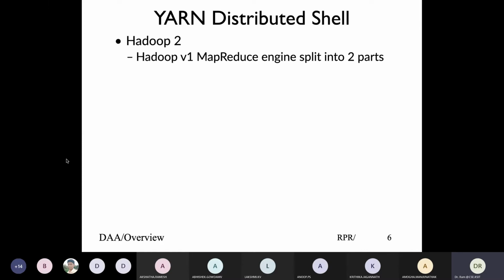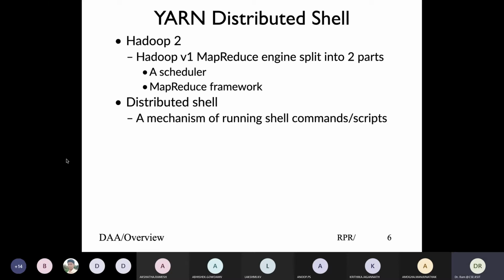As I said, from Hadoop 1 to Hadoop 2, we split the MapReduce engine into two parts, the scheduler and the MapReduce framework. And we look at the example of what is called a YARN distributed shell. We have been dealing with a single shell. That means if I were to run commands on two different machines, I need to log into those two different machines, and I want to look at the load there. I need to give the command uptime separately on both machines, look at where they are,